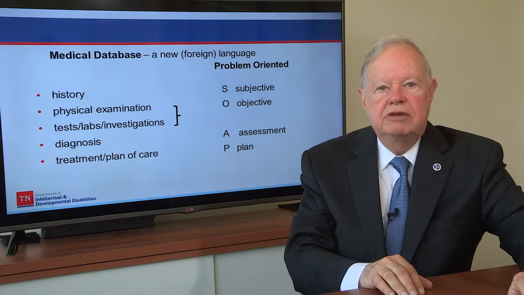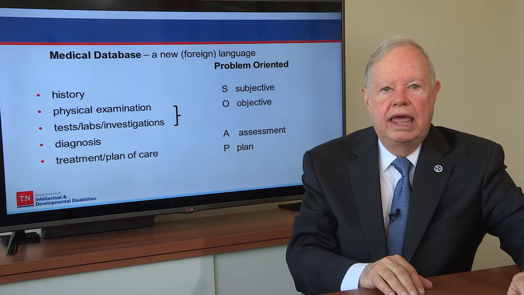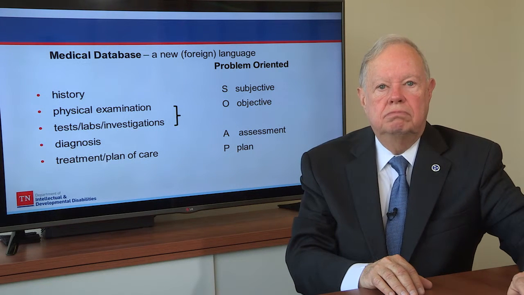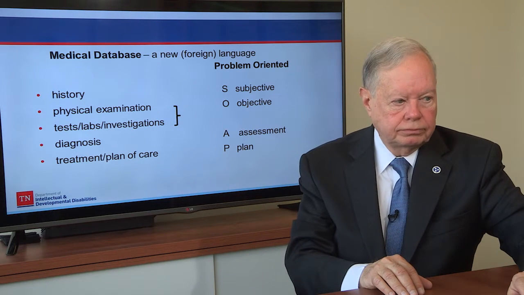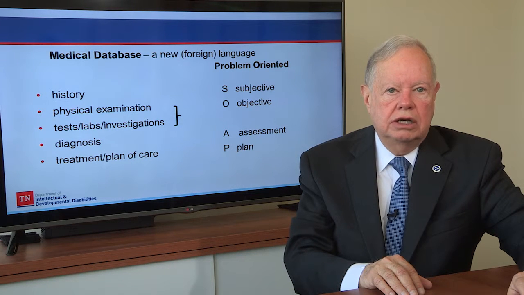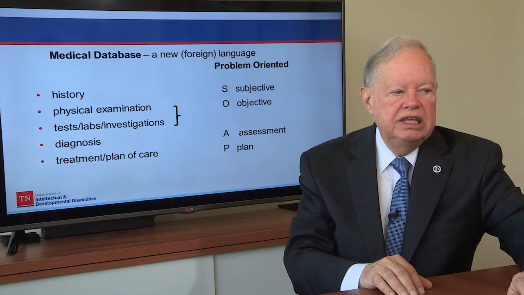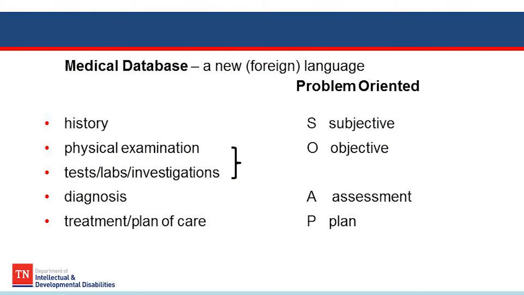The medical database, the information I need, is like a language, a new language, and to many people it's going to feel like a foreign language. It does to medical students at the beginning of their training. And so, as we've talked about in the previous episode, there's only really 3 things in terms of information I have: history, examination of the person, and then tests or investigations that I do. All of that information goes together to form a diagnosis, and from the diagnosis, a treatment plan or plan of care. We use a problem-oriented approach, and it's called the SOAP format.